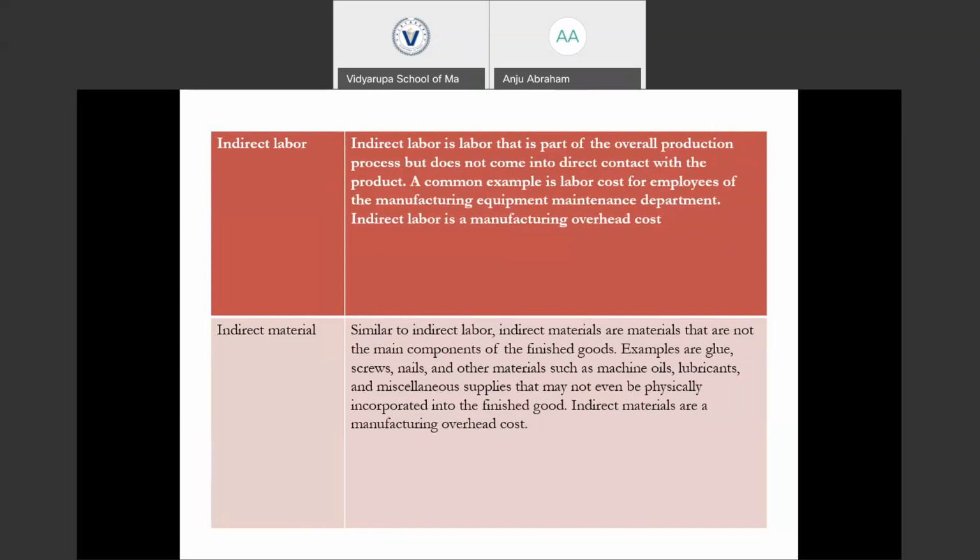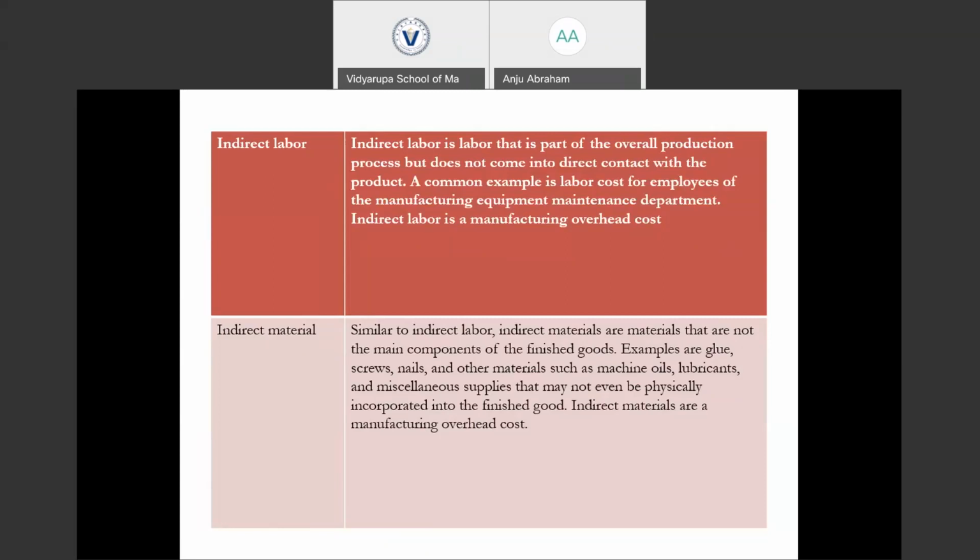And then we have the indirect material. Like indirect labor, indirect materials are materials that do not form the main component of the finished goods, but are actually used in the production of that particular product, like glue, screws, nails, and other materials such as machine oils, lubricants, and any other miscellaneous supplies that may not have physical contact with the finished product, but are essential for carrying out the production smoothly.